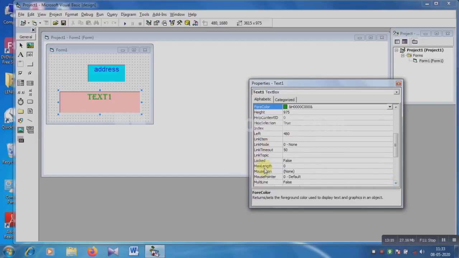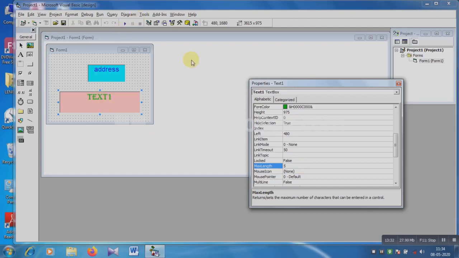And then the maximum length of the character, this is the max length option. Using this option we can choose the maximum length of the characters that can be written in the text box. The default value is 0, but the user can write any number of characters. Suppose I am writing 5, that means we can insert maximum 5 characters.